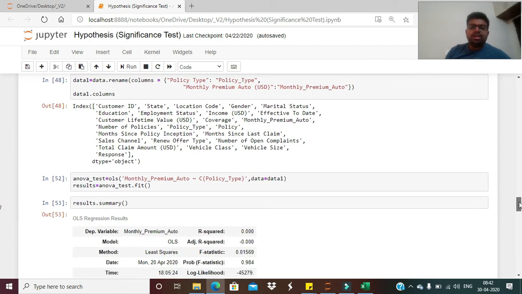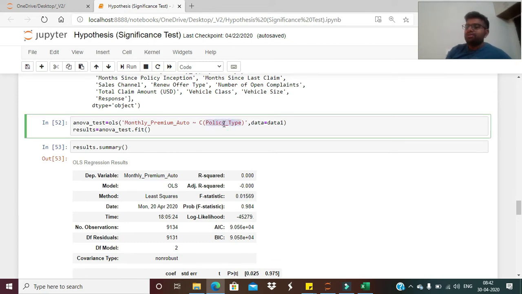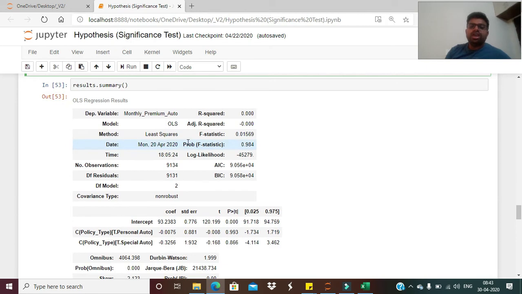So using this piece of code of OLS, ordinary least squares, with your dependent variable as the continuous variable and policy type as the categorical variable, you run this piece of code and you get the result here. The F-statistic is something you need to look into, and the probability value for this is something you need to look into for rejecting or not rejecting the null hypothesis.